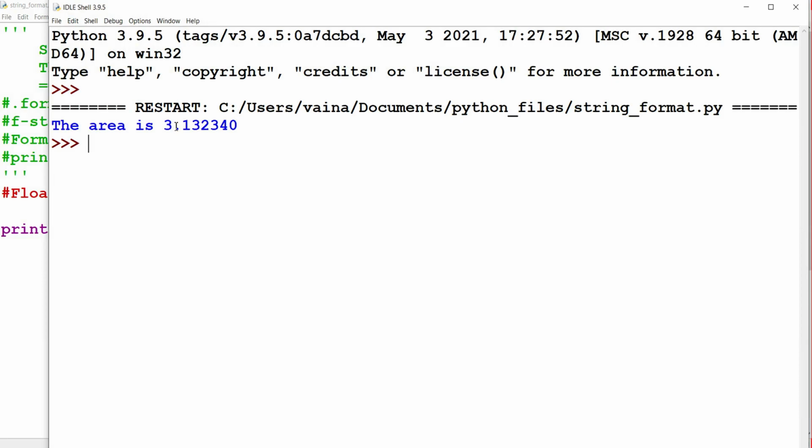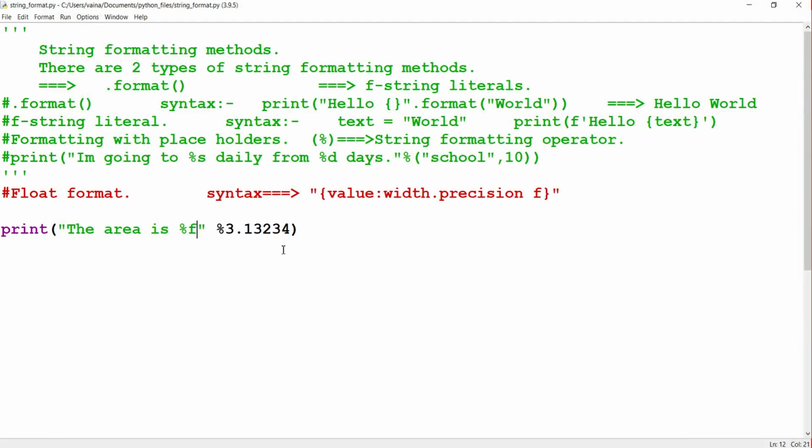In order to get the precision value, that is, to level up to four digits from the decimal point, we use this float format. For this we use the syntax given here: value colon width dot precision and f. So we had the value 3.13234, and we need to give the width and precision.